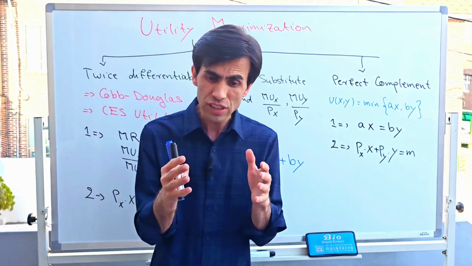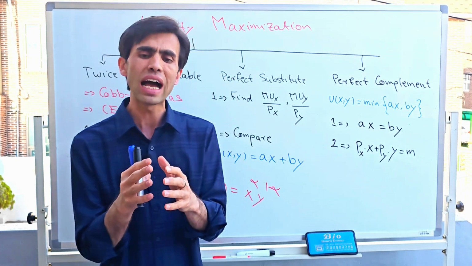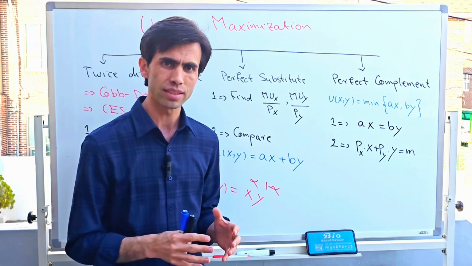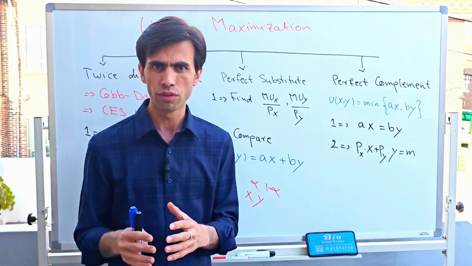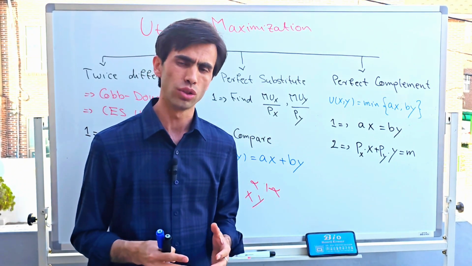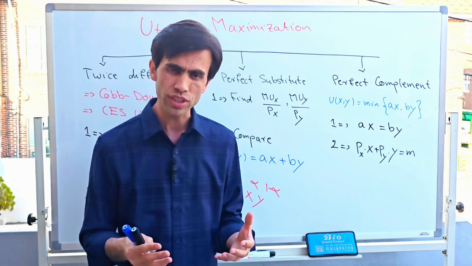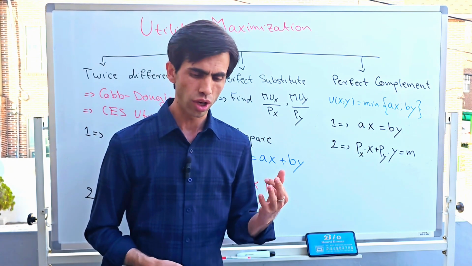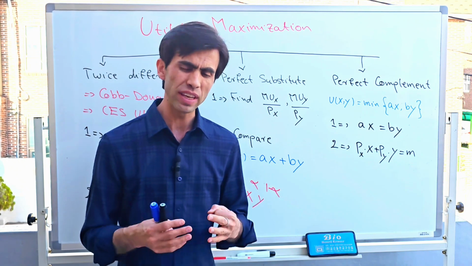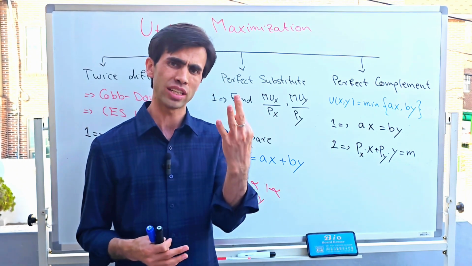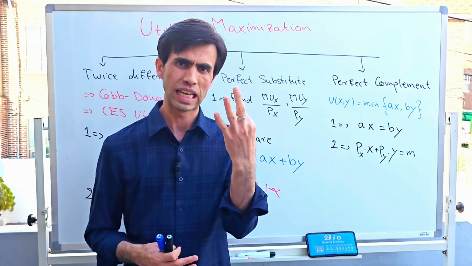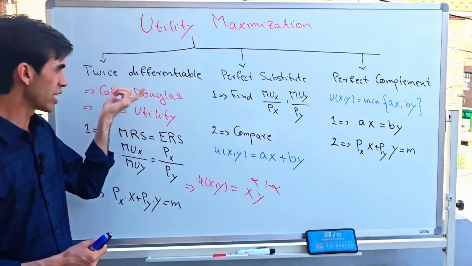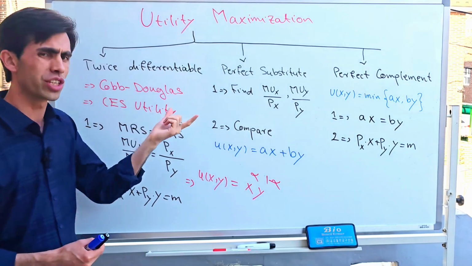First of all, we have different types of utility functions, and the same process does not work for every utility function. We have a different process for different types of utility function. We can divide our utility functions into three types. The first one is those utility functions which are twice differentiable,